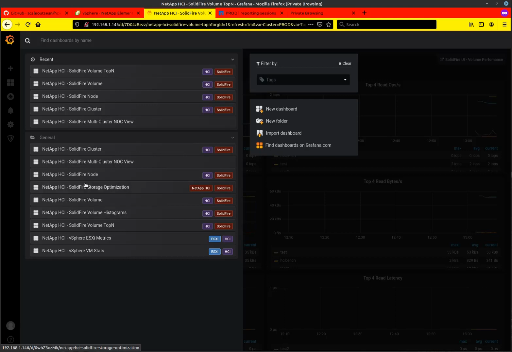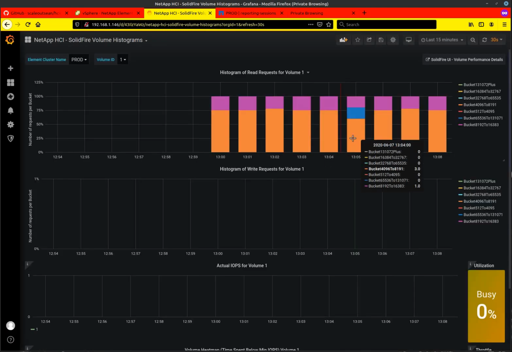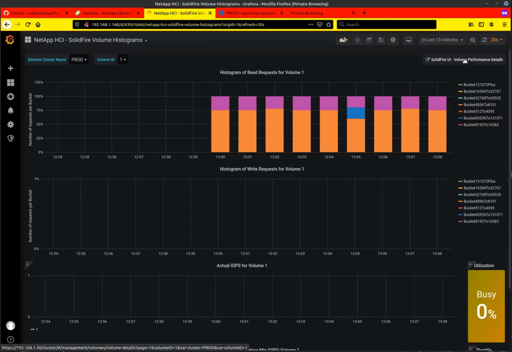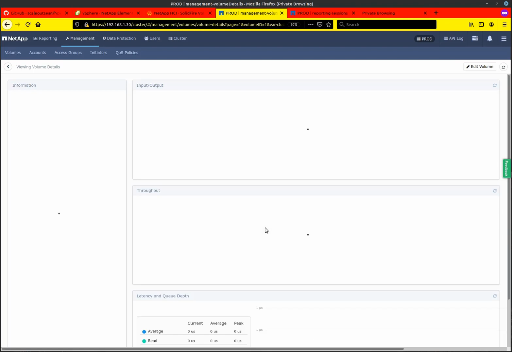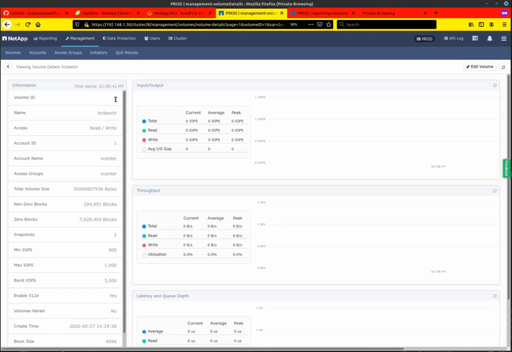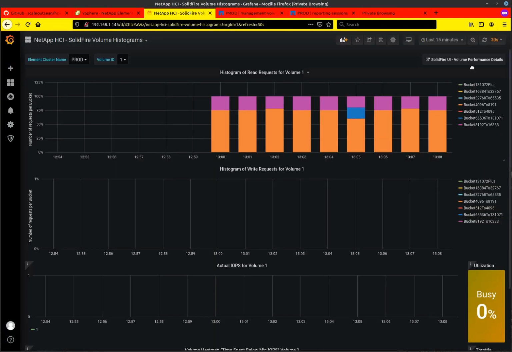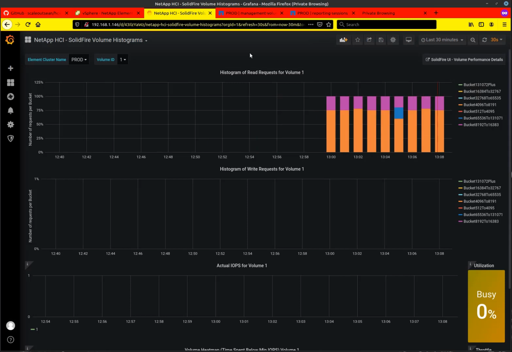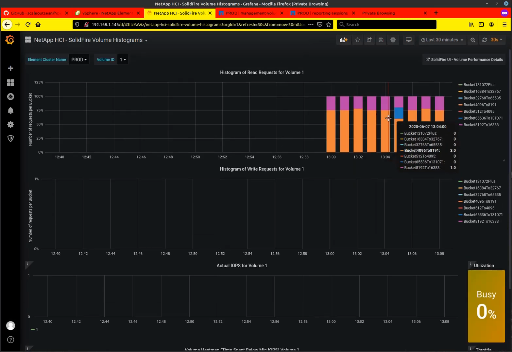The next one is histograms. This is a new one, so all the panels here are new. You can select a particular volume by ID, so these are stored only under ID. If you click on the link, it takes you to the right volume. Maybe you don't know what the volume ID is, so it's HCI bench. You can see here. So that helps people get used to the new metric space,